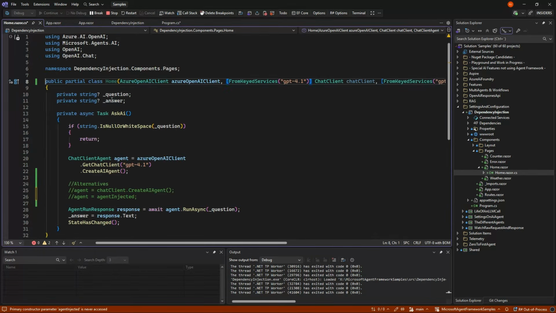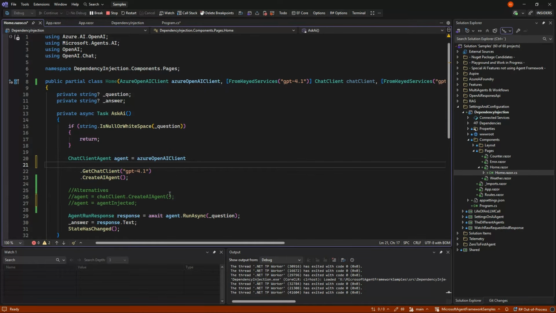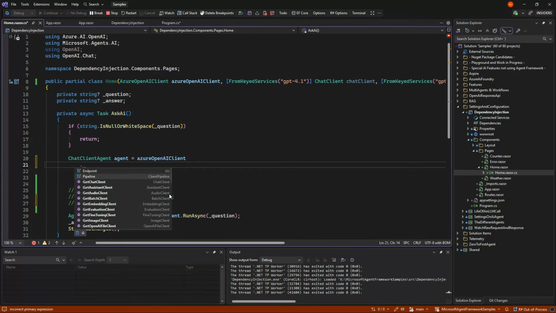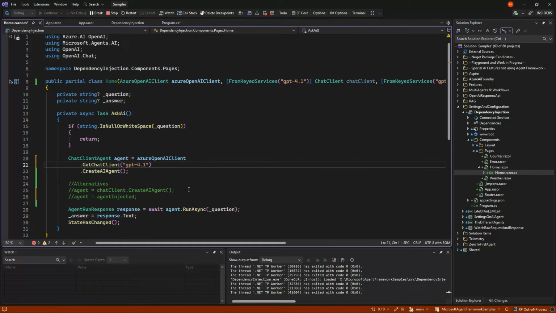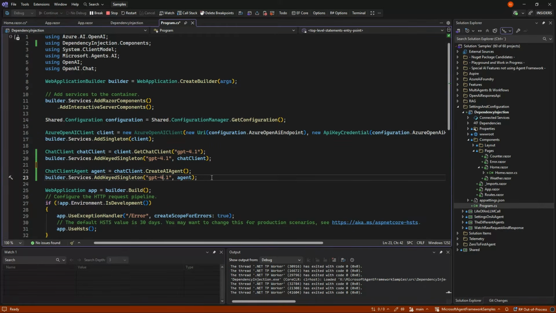And for that reason, I'm always just injecting the raw client and then getting on the fly the chat client and so on, because at some point you might also need to get it as a responses API or the audio client or the image client and so on. So to me, it's best to only inject the raw client and then take it from here. It's not like it's lines and lines of code. So it's not a big deal. So in my book, I would remove this and not have it.